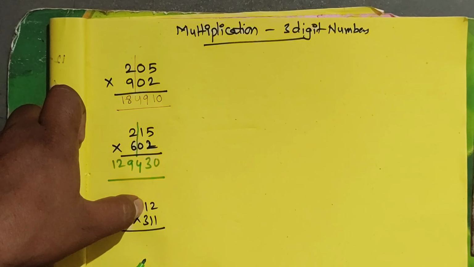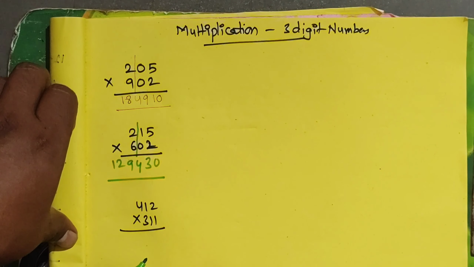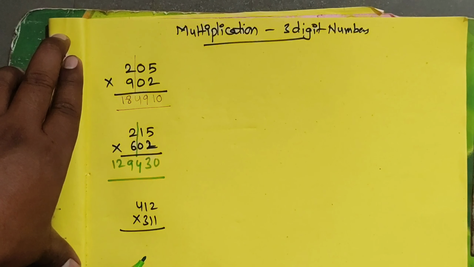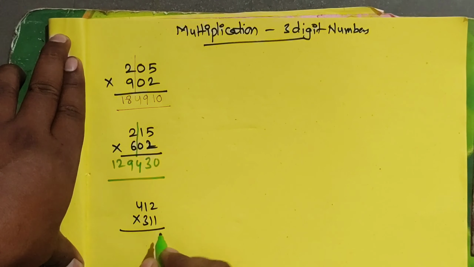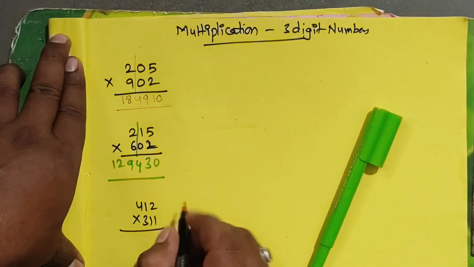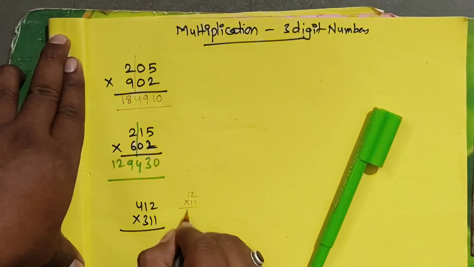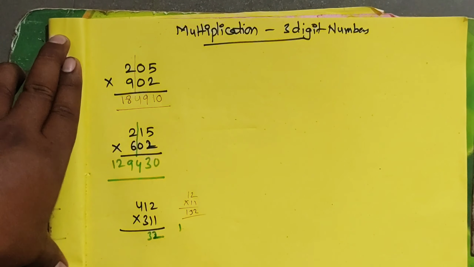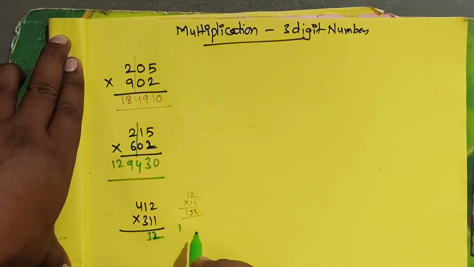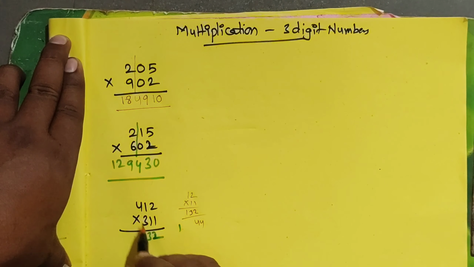First of all, see here, 12 into 11 becomes 132. I already told you to take the two digits here, so I'll check once again: 12 into 11 means how much here? 132. Take the 32 here, take the one carry. Now 11 4s are 44 and 12 3s are 36. How much here? So 0, carry 1.